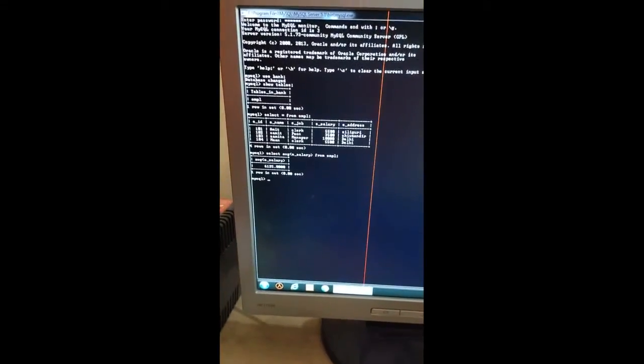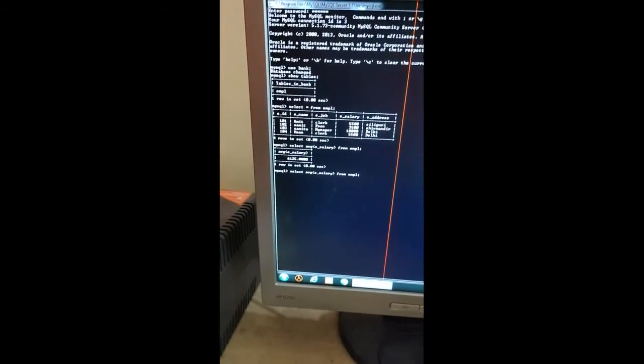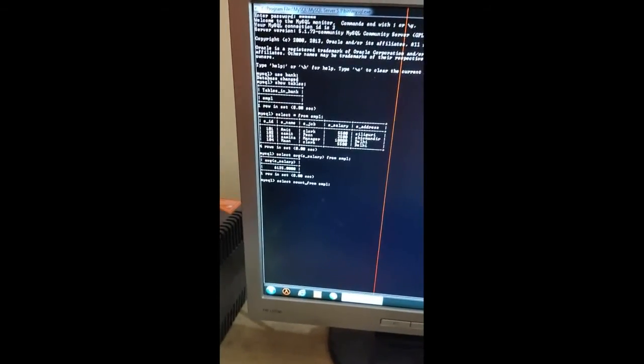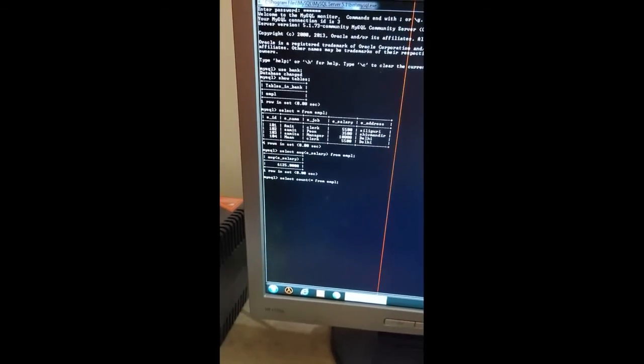Now next is count. Count means how many total records are there in the table. Let's see. We write select count star from EMPL. Star means I want the total count.